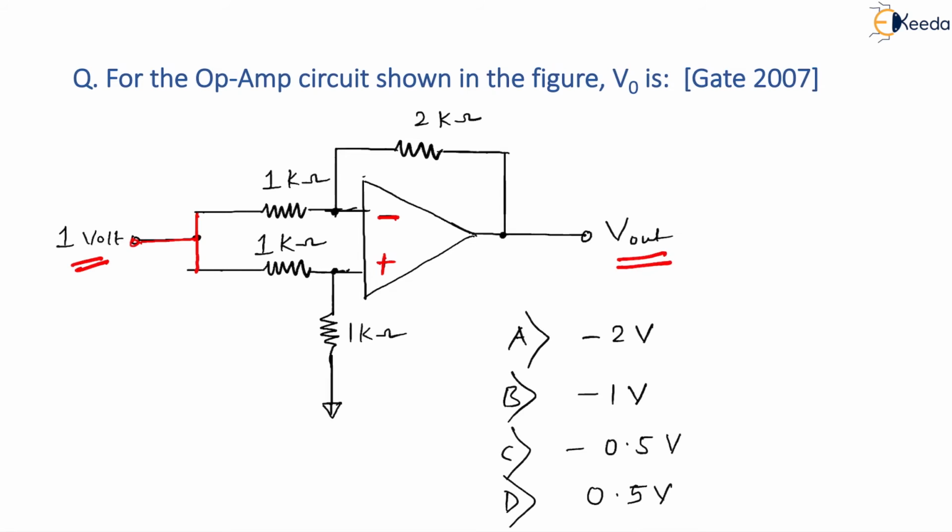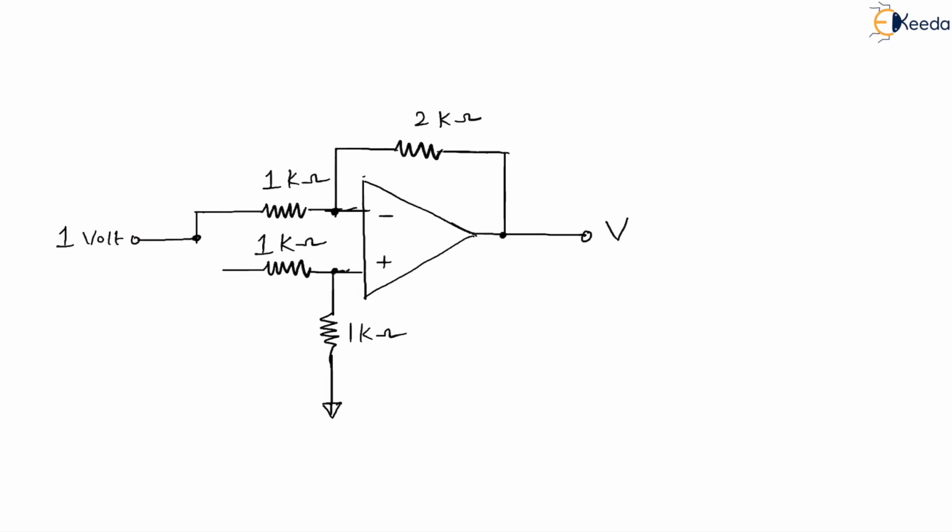If you did not understand what I said, no worries. As you can see, once again I'm explaining, 1 volt is commonly applied to the inverting as well as the non-inverting terminal. So to apply superposition theorem, I'm going to assume only one terminal at a time. Let me go to the next slide, you will understand that. So what I have done is I have connected my 1 volt supply to only the inverting terminal, while I assume that the non-inverting terminal is grounded now. I hope now things are very much clear to you.